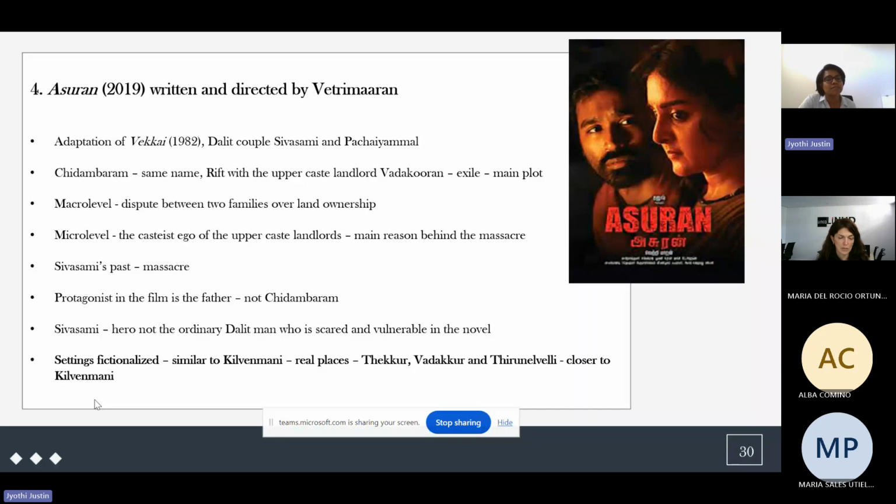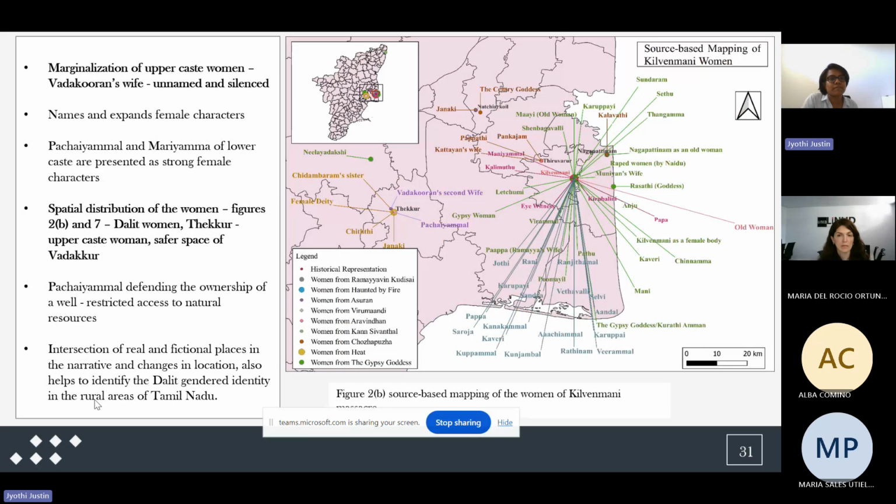in the film are actually similar to Kilvenmani, and there is a reference to real places like Tikkur, Vadakur, and Tirunelveli, and these are all places closer to Kilvenmani, but the entire film doesn't refer to the massacre as such. But there is a reference to the killing of 44 Dalits, through which we can identify that the film is actually looking at Kilvenmani. And in this film also, we can see marginalization of upper caste women, where the upper caste